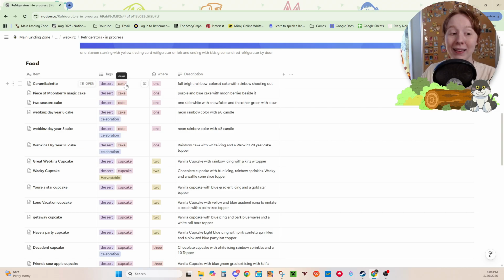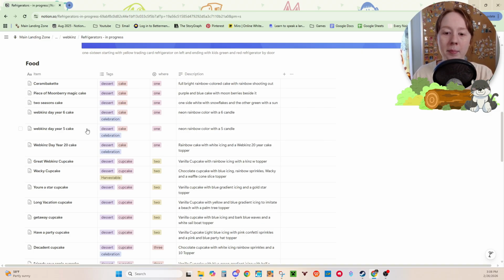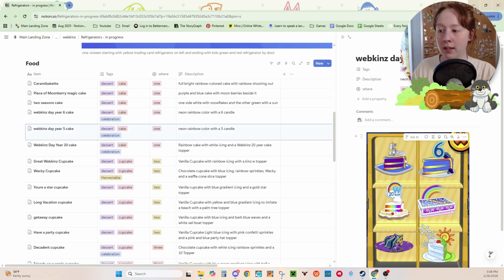One thing I will add later that I haven't fully added now is where you're getting these items from. Is this a superfood recipe? Is this just a regular recipe? Is this an exclusive food item that was during an event that you can't get anymore? Like the 5-year cake. You only got this if you logged in on Webkinz on the 5th year anniversary. Same with the 6th one and the 20th one,